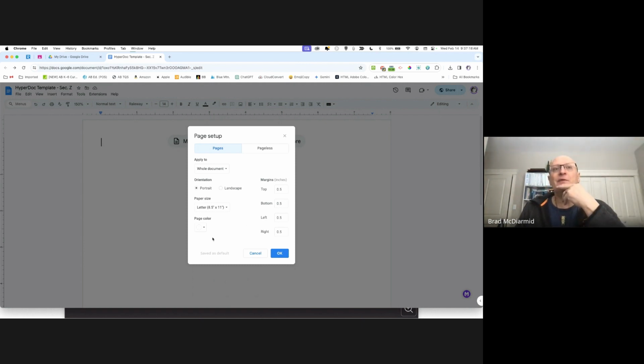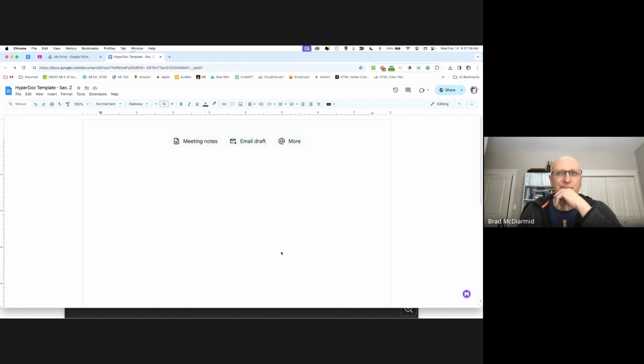So if you want to, you could choose a color. I would stay away from the super dark colors, but certainly a light color you could definitely use if you want. Okay, so we've got, most importantly, these 0.5 margins all the way around, and we'll just say okay. As you're well aware, nothing miraculous happens. Okay, so what we're going to do is create our first little table here, and